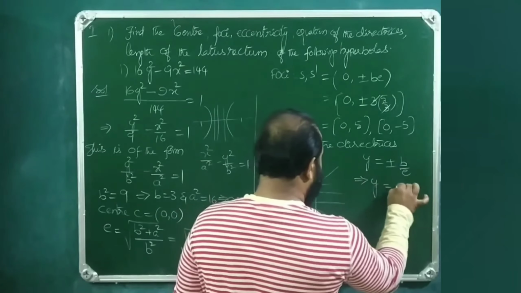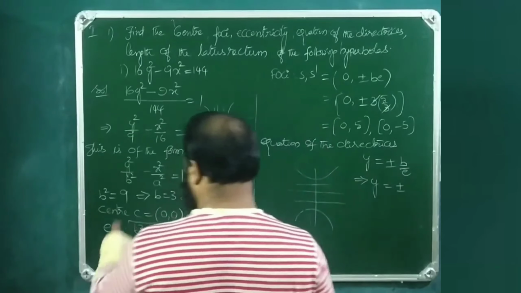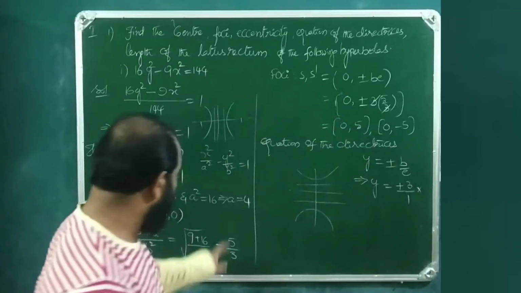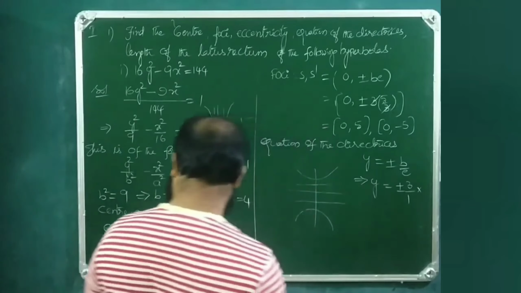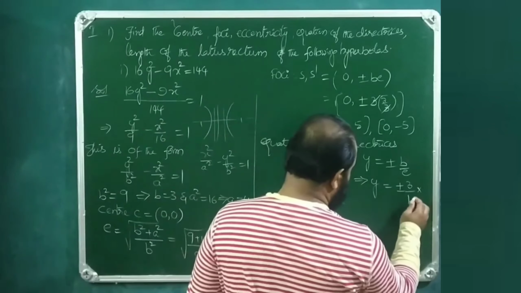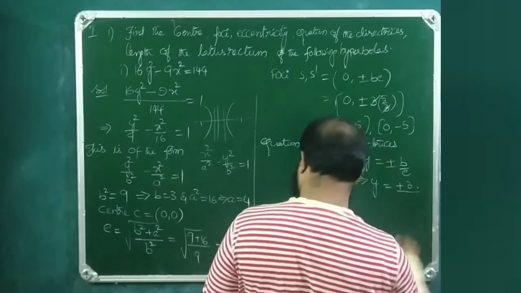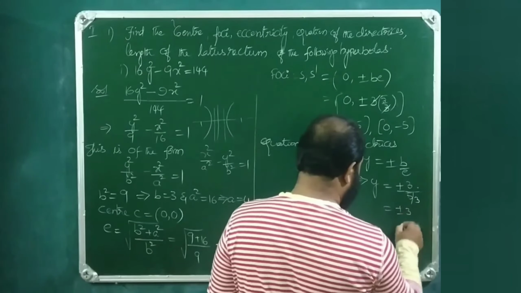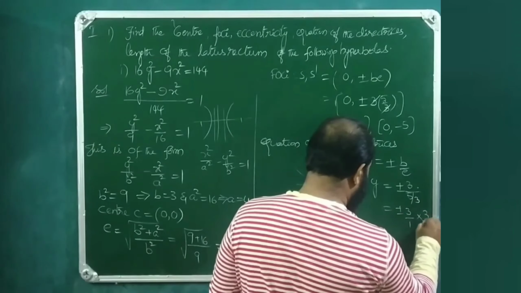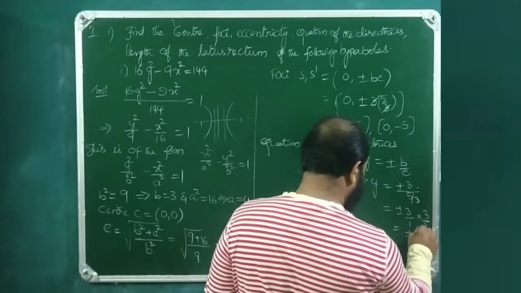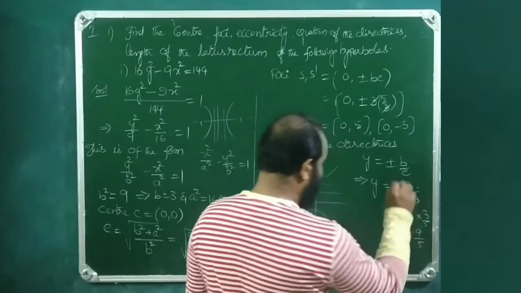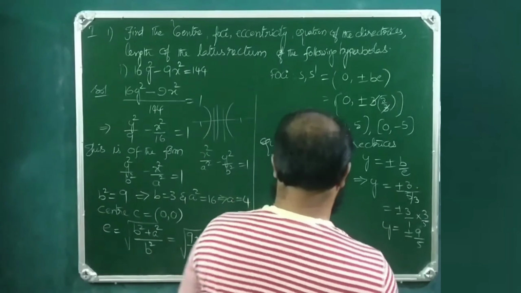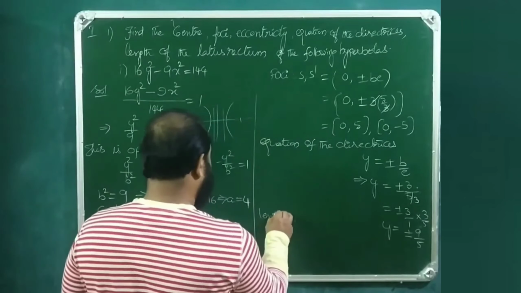So y is equal to plus or minus the value of b is 3 by 1, e is 5 by 3. So this is plus or minus 3 by 1 into 3 by 5. This is plus or minus 3 threes are 9 by 5 equals y. And the length of the latus rectum is